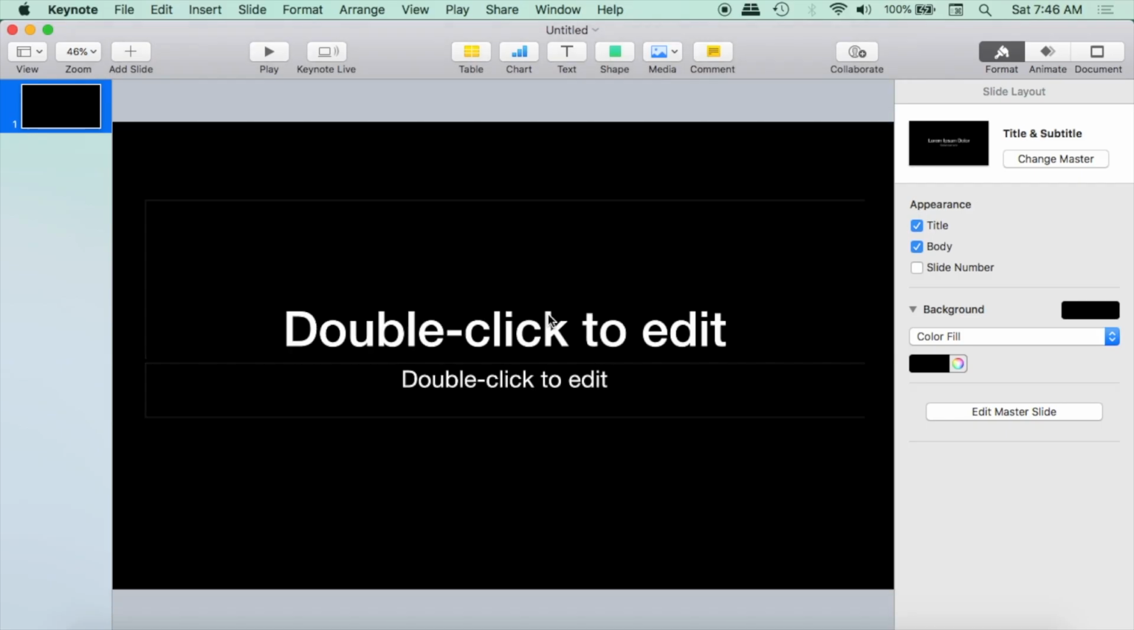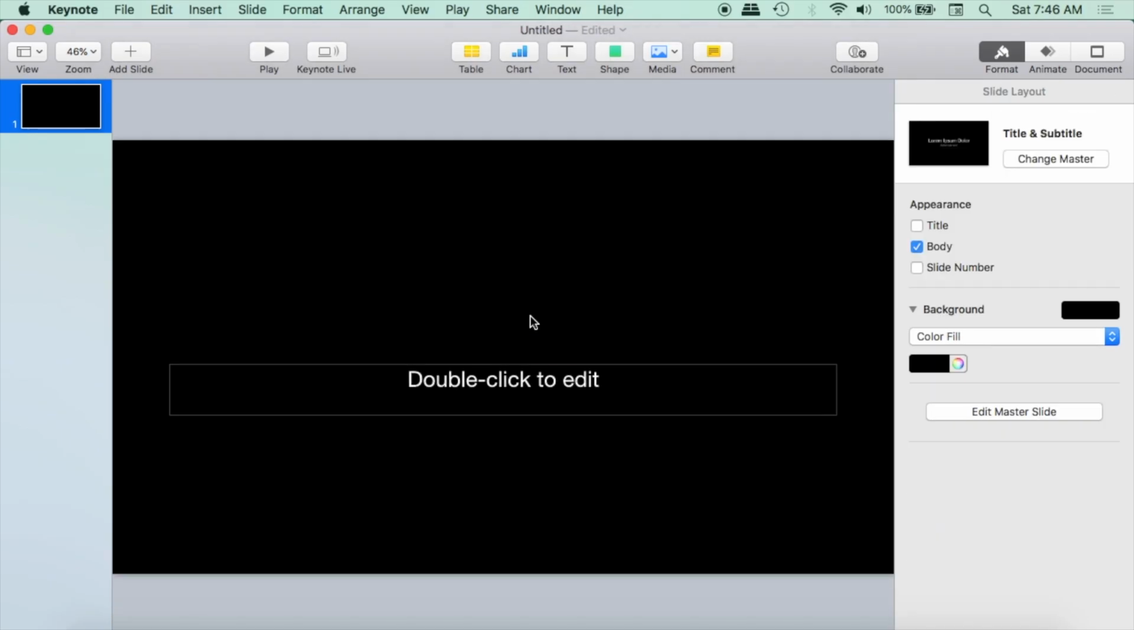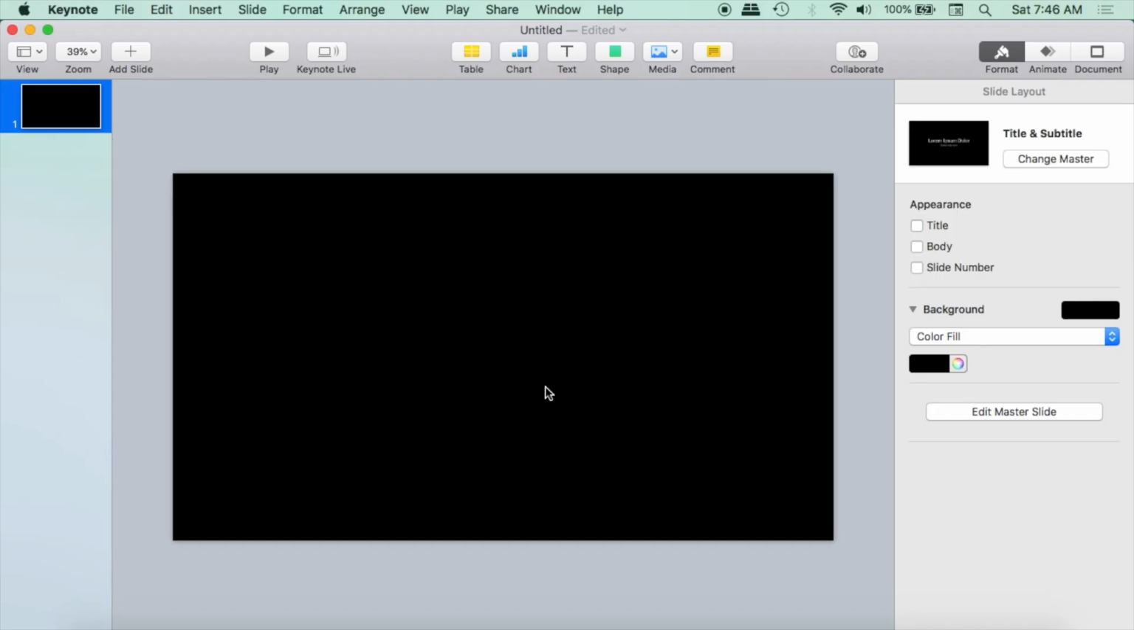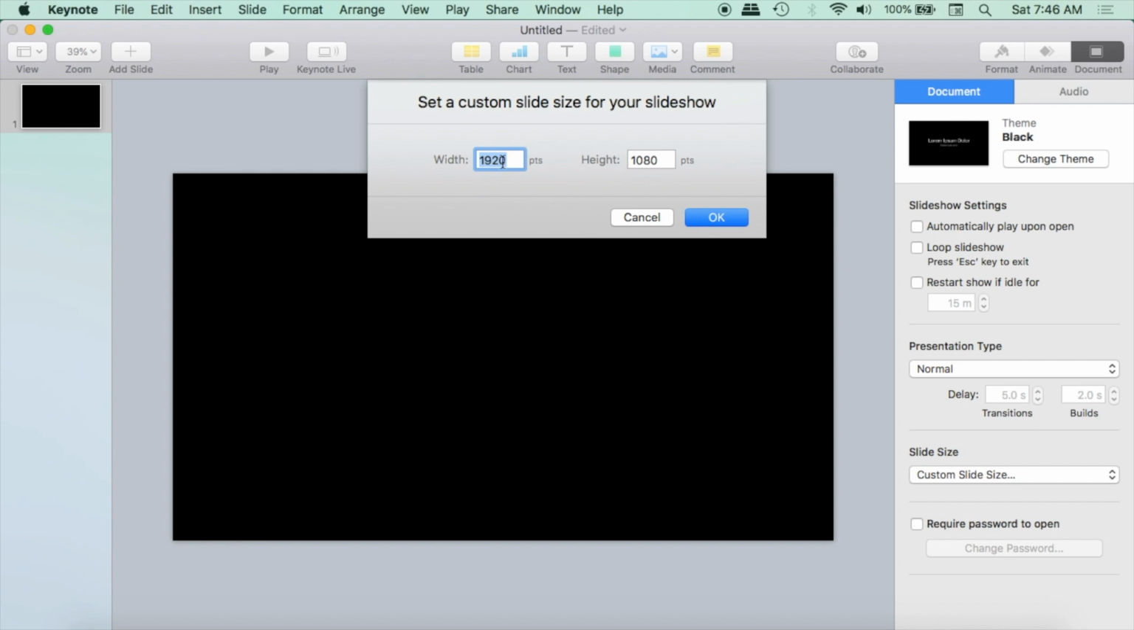All right, and we're just going to click on this and delete it, and click on that and delete it as well. So what we first want to do here is go to Document, and go down to where it says Slide Size. Right now it's in 16:9, as we see. You could choose Standard, but we're going to go to Custom Slide Size, and then we're going to switch the width